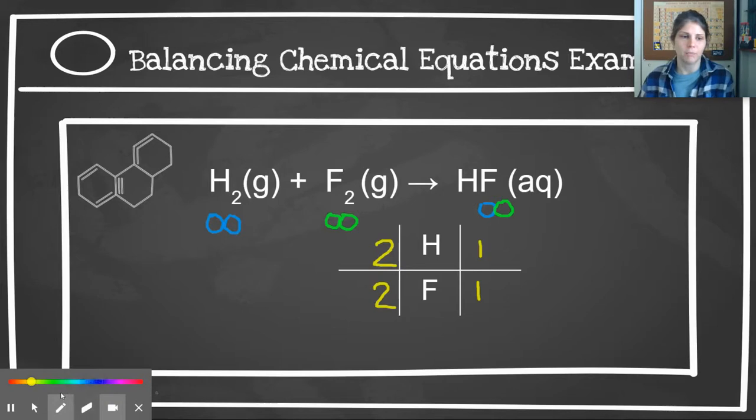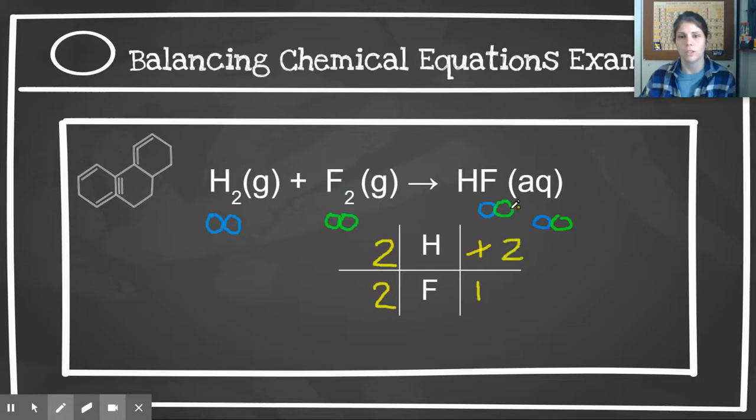So in order for this to be real, there must be more of this HF. I just drew another molecule of it. It has to be HF, so I drew another blue stuck to another green. If we look carefully, we now have 2 hydrogen and 2 fluorine, 2 green ones, which is good because we start with 2 hydrogen and end with 2 hydrogen. We start with 2 fluorine, we end with 2 fluorine. This does not violate the law of conservation of mass anymore, which is